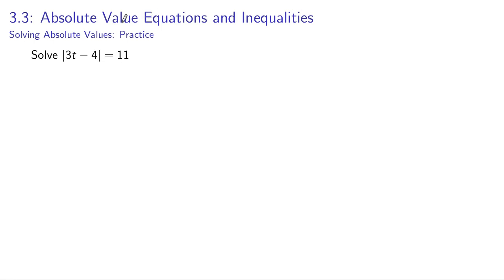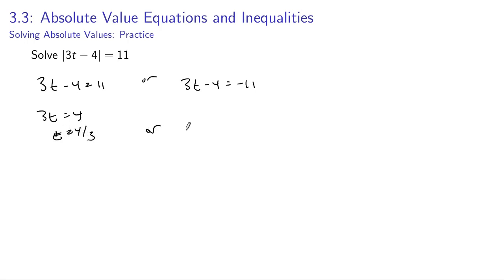Here we have 3 times some unknown number, and the distance between that and 4 is 11. So solving this geometrically gets kind of challenging unless we do a substitution. So instead of solving this one geometrically, let's do it algebraically. So let's write 3t minus 4 is 11, or 3t minus 4 is minus 11. So 3t equals 4, t is 4/3,